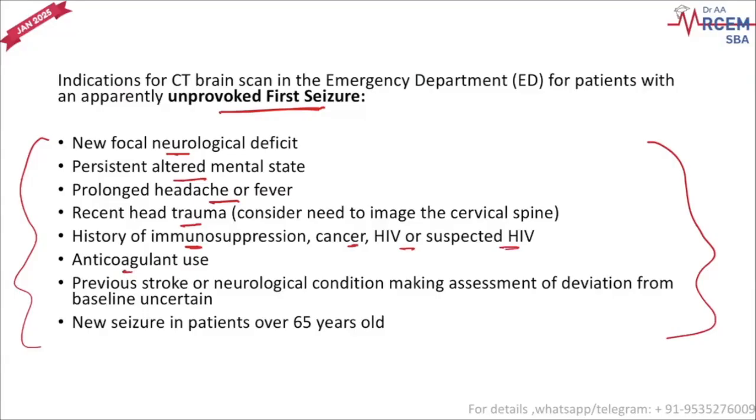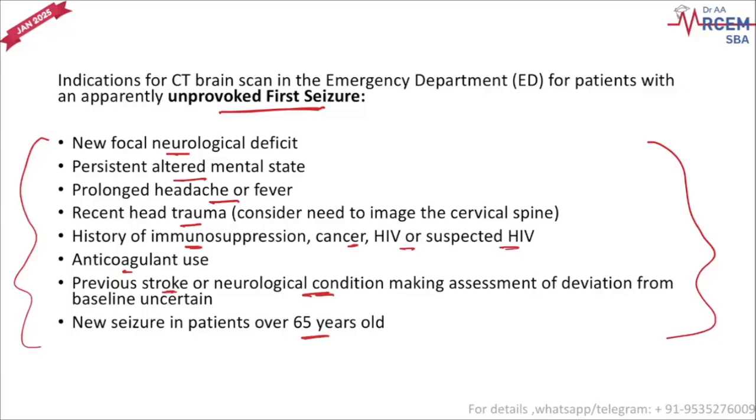Anticoagulant use, any anticoagulants, from warfarin to rivaroxaban to apixaban, if he's taking any of these. Previous history of stroke or neurological conditions, if present, then you need to get it done. And if this seizure has happened in an elderly person, more than 65 years of age, which is known as elderly, then you go ahead and get